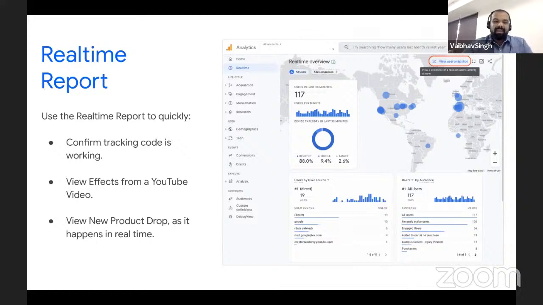Now, why have these changes been made? Just to make sure that the traffic is coming from a verified source, and to confirm that my tracking code is working fine. That is the reason the 30-minute span is added inside GA4.